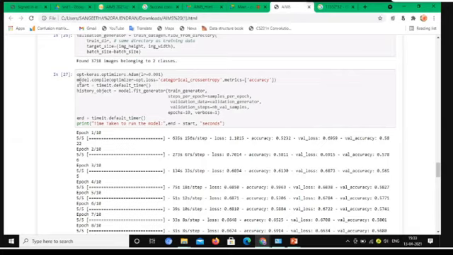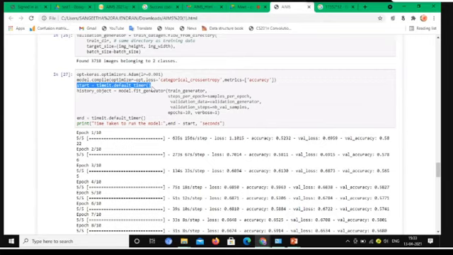Here I gave the start time. In every problem we have to calculate the timing of how our model works, so we use the start and end time of the processing. Steps per epoch, I already gave previously, so how many steps I give.